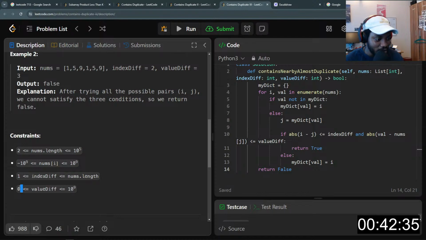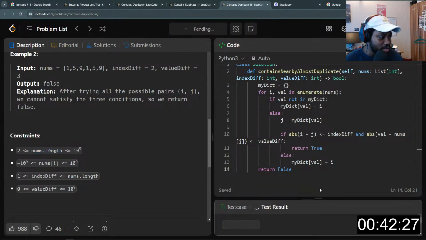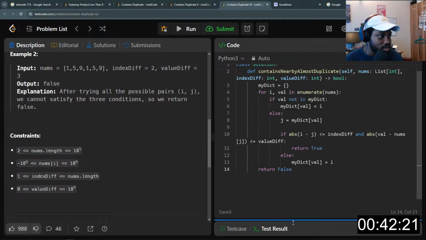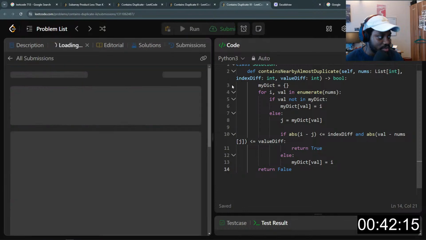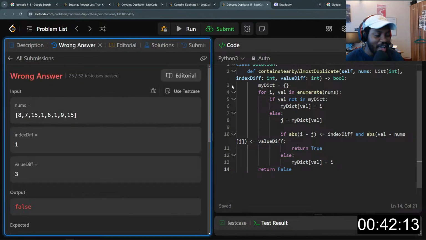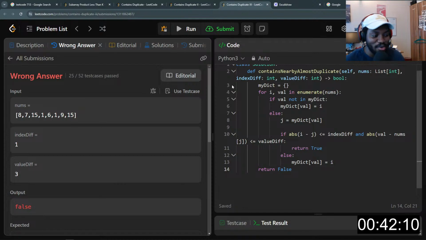But let's see, value diff is less or equal to 0. Anyways, let's see if we pass the test cases. I hope. Oh, there's no error. Something might go wrong somewhere.